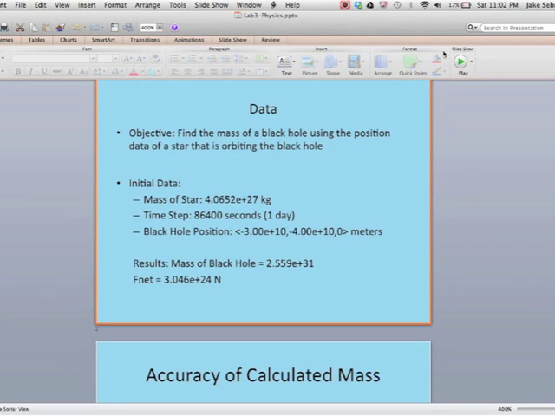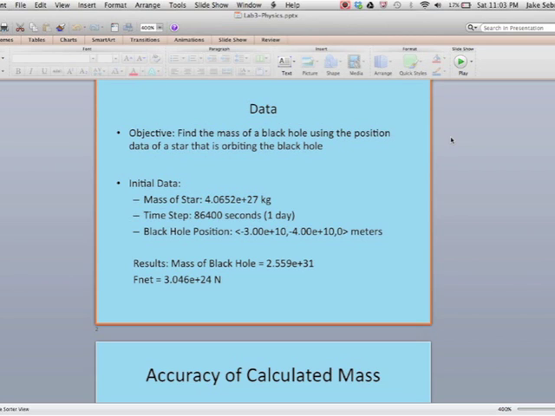The purpose of this lab, the black hole lab, was to use the observations of a star's mass and motion to find the unknown mass of the black hole that the star is orbiting. In order to do this, I identified different interactions that make up the net force on the system, and used those interactions to solve for the unknown mass of the black hole, which I found to be 2.55 times 10